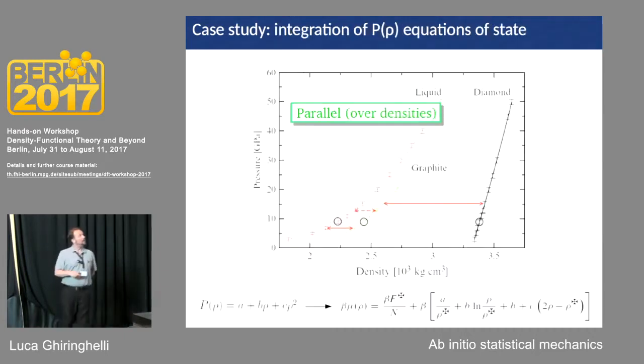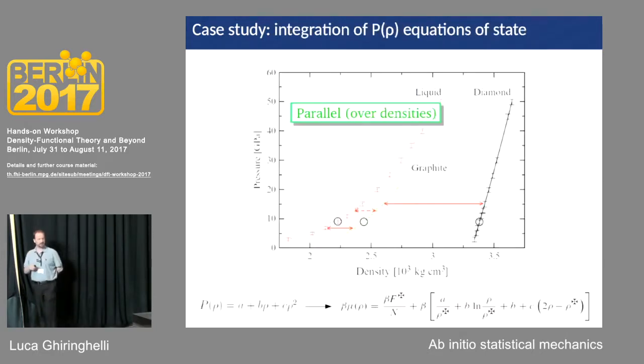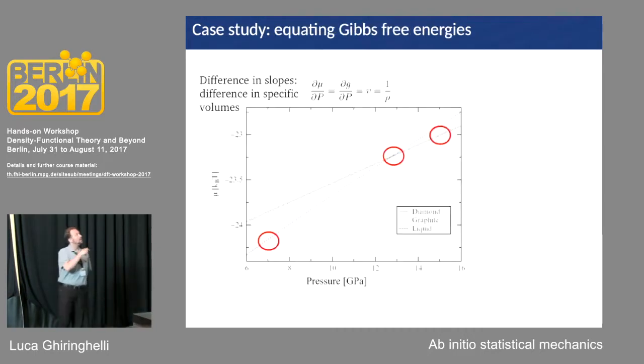Okay, now you have the free energy at one specific number of particles, volume, and temperature, and then you want to find the full phase diagram. First of all, you need the free energy as a function of pressure, because most likely you want to equate the chemical potentials that are a function of pressure and temperature. So to go from volume to pressure, to change the ensemble, you need the equation of state. And you integrate the equation of state, and you get the free energy as a function of pressure of the